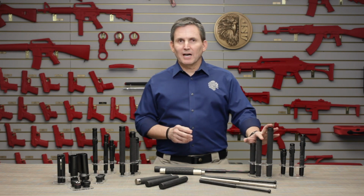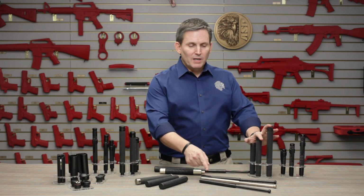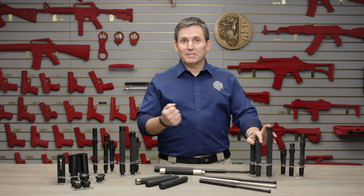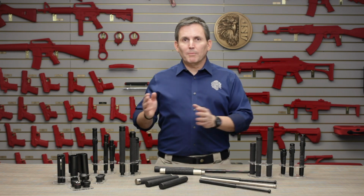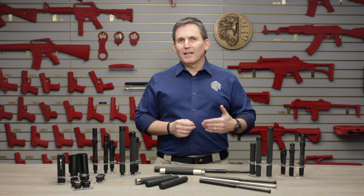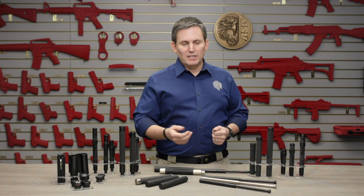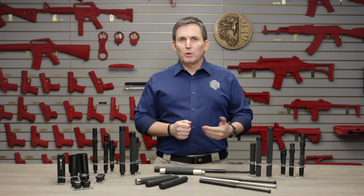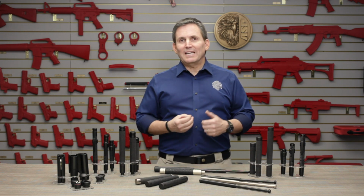Standard F-series batons are available in three different finishes: black chrome-plated steel, electroless nickel-plated steel, which has very high corrosion resistance, or airweight, which combines aluminum and steel sections for weight savings. Now, metal and finish come down to agency specification, personal preference, or even just aesthetics, which finish you like the most. Once you've made that decision, we move on to grips, and we have three grip options in the F-series